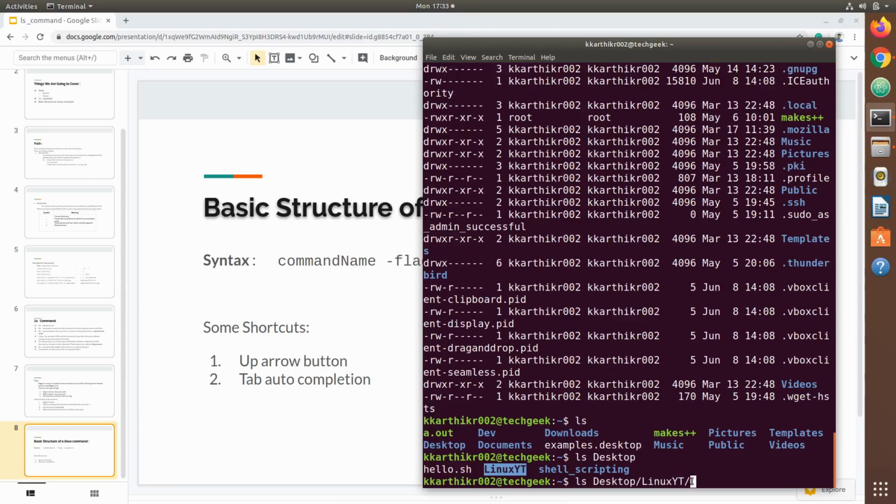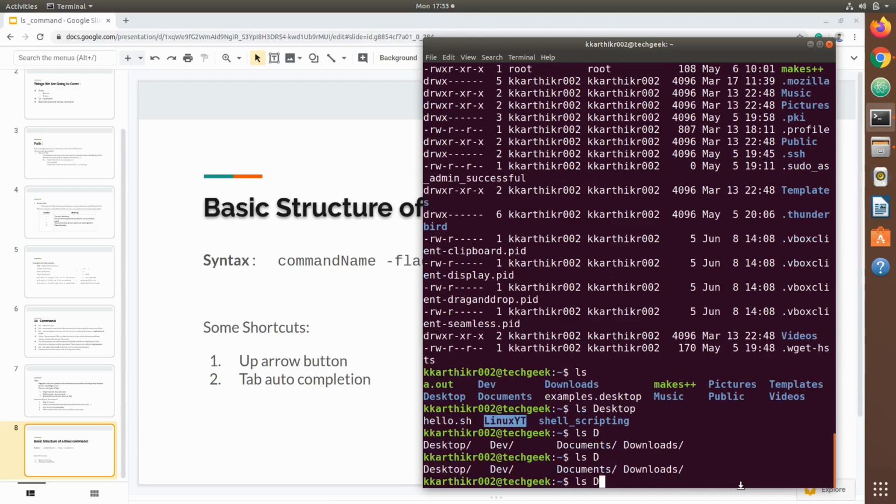If pressing tab didn't complete your argument or command, it means that there are more options for you. Let me hit tab now. It is not working. If you hit tab twice consecutively now, it will show you all the possibilities in which you can enter the command.